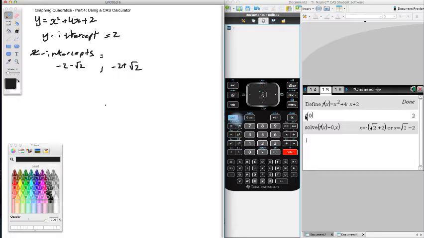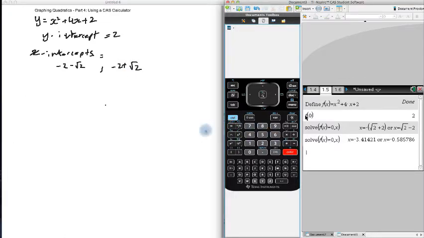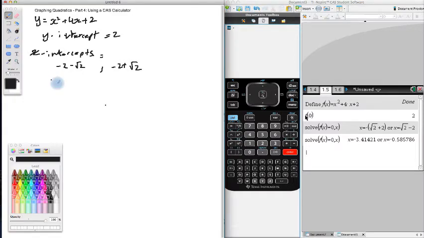Let's get our calculator to tell us the approximate value of those as well. Just note that down, it can be helpful. So we've got minus 3.41 approximately, or minus 0.59 approximately. So there are our x-intercepts. So maybe I'll write that the approximation is there. So these are the exact values at the top. They're the ones you would write down on your graph. And these are the approximate ones just so you know where they are in relation to all your other points. Okay,